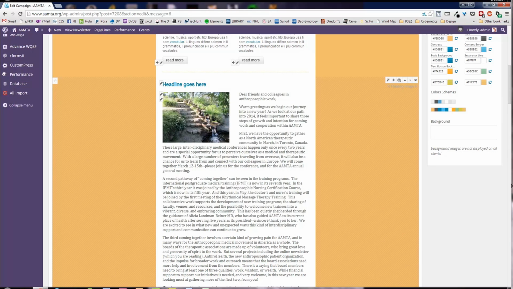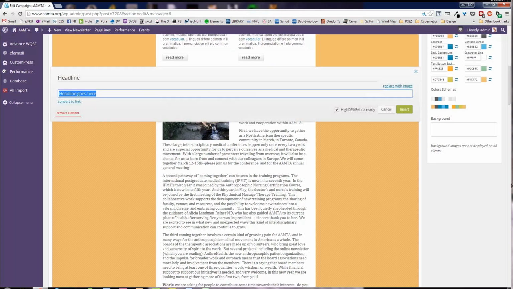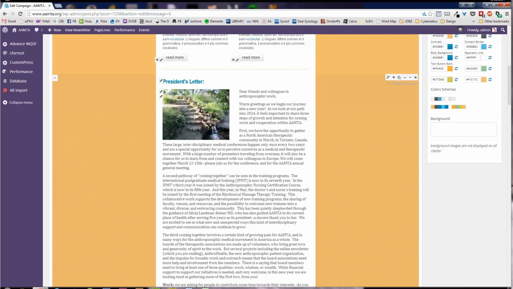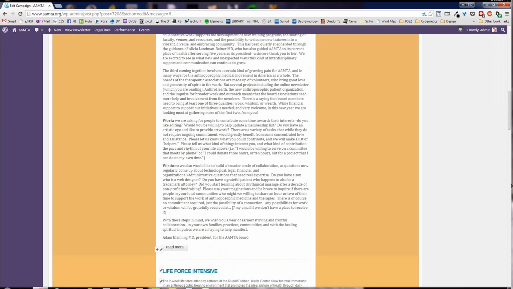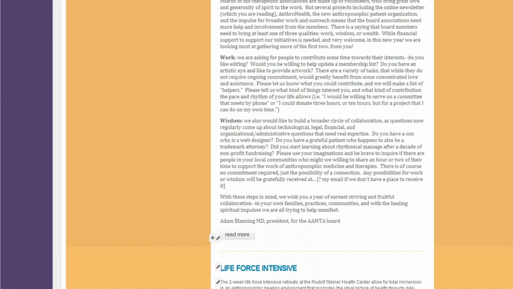Okay, so now we've been taken back to the main editing screen, and we can go ahead and edit the headline in order to make that fit with our content. Go ahead and click the Insert button when you've got that set, and now you've got that article all the way to its end. You'll notice that at the bottom there's automatically a Read More button, but in this case